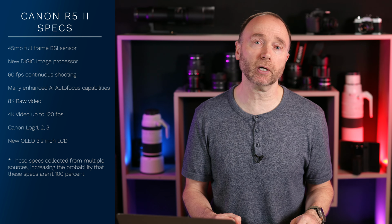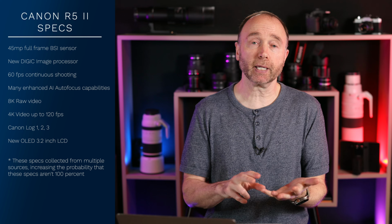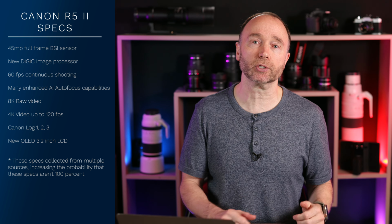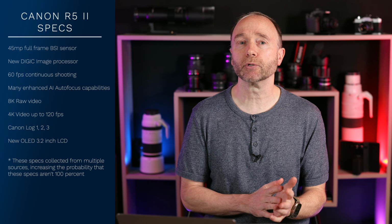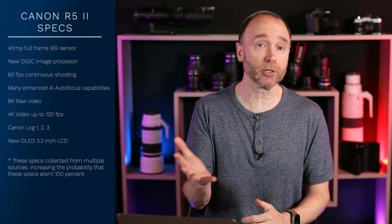Well, certainly they could. And this is where actually stated specifications can differ from actual results. Because when it comes to us as photographers or videographers, it's all about that value chain, about delivering on our workflow to give us an end result that is improved. So if we get better low light performance, better dynamic range, better color rendition in low light situations, as well as reduced rolling shutter and the ability to shoot at 60 frames per second lossless RAW, or compressed lossless RAW,